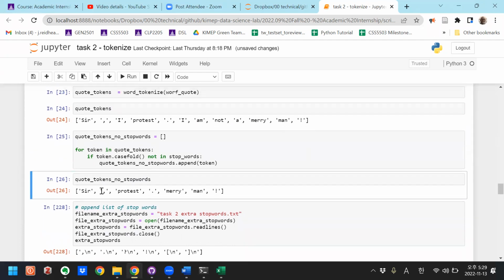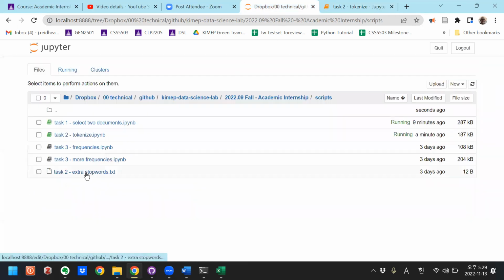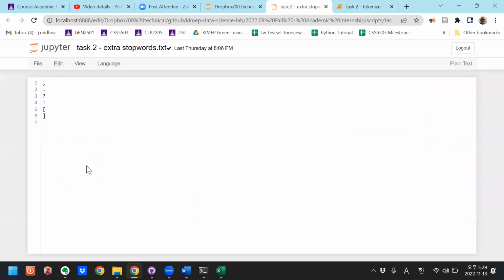But maybe you don't want punctuation to be included among the tokens, right? Maybe there's some extra words that you want to add to your list of stop words. So this is where this extra file comes in, extra stop words. If you open that up, you can see I've put in just a few examples of punctuation that I want to remove. But I want to add these to my stop words list and then remove them from my